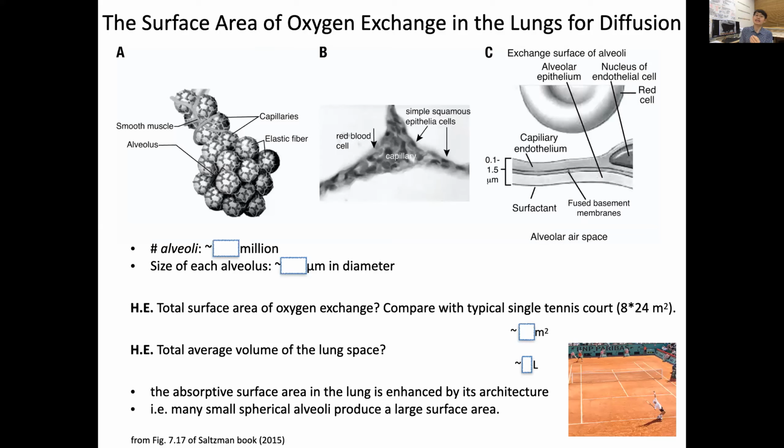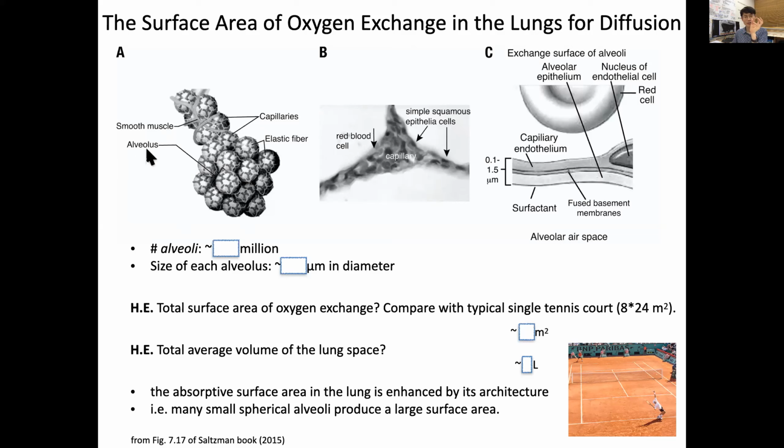Okay, now let's get back to the original respiratory system again. The surface area of oxygen exchange in the lungs is for diffusion, because that's what happens at the end, the diffusion. I brought this picture from Saltzman's book: our lungs, at the bottom, are composed of alveolus,